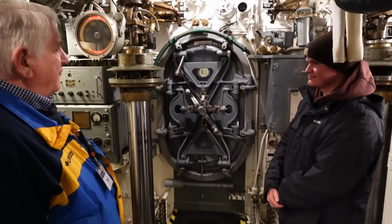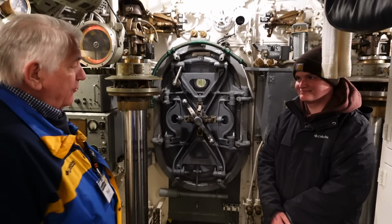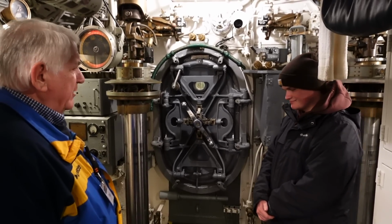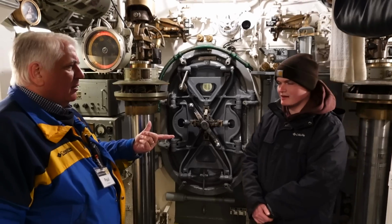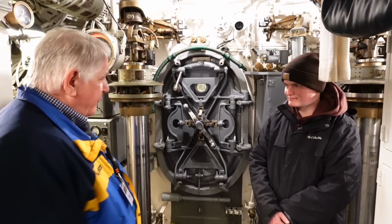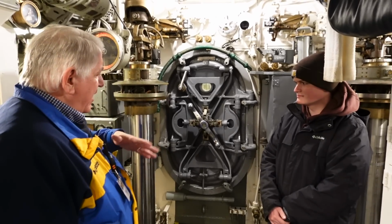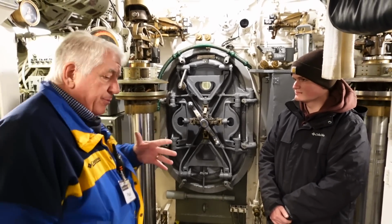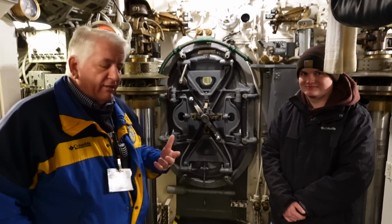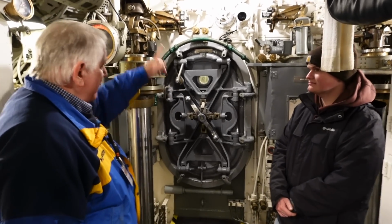So whatever bad stuff might be happening in the forward battery, and in that case, of course, that means there's 126 lead acid batteries in there that can short out, or if they get seawater, what happens? The seawater creates chlorine gas. I think that's how they used to execute prisoners in California. So yeah, that is something bad on the other side we don't want to have happen in here. And of course, being a torpedo room, most likely we're going to get flooding through the tubes or something like that. So we certainly don't want the seawater to get past that door,